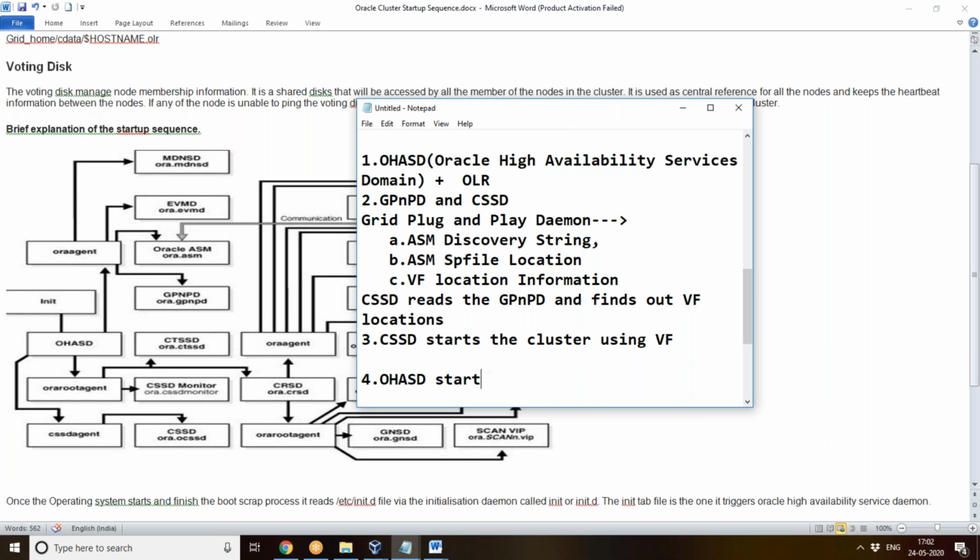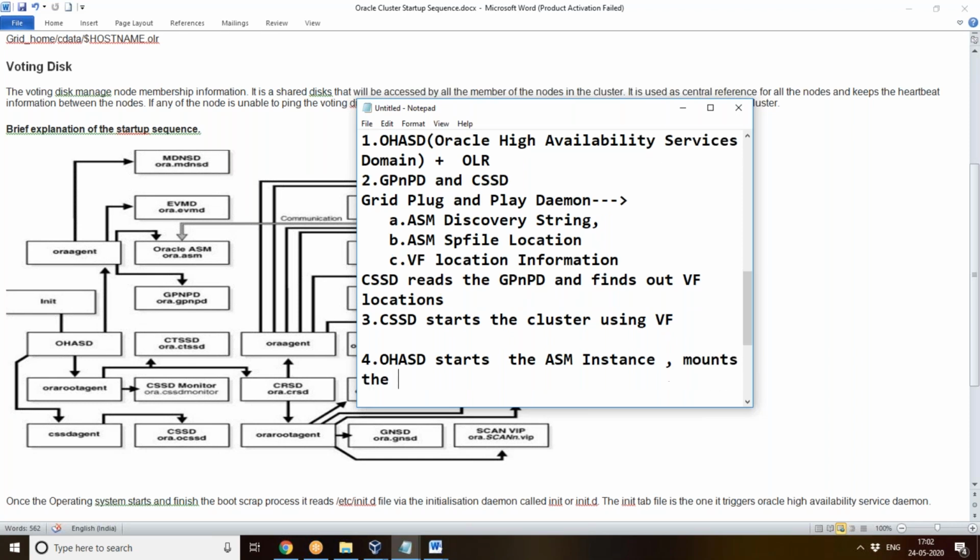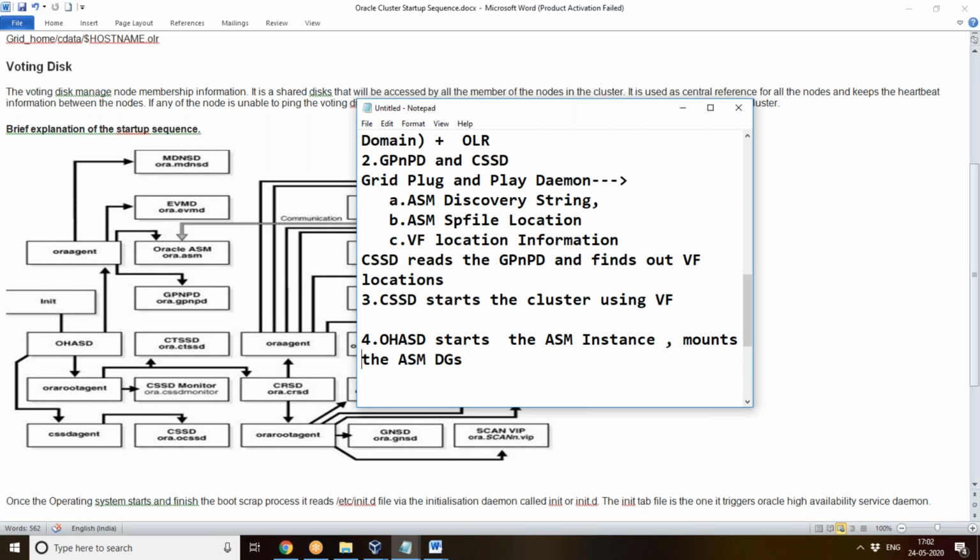starts the ASM instance. Means what? It mounts the ASM disk groups, finds out where the ASM SP file is, and starts the ASM instance. Fine. So now the next step is